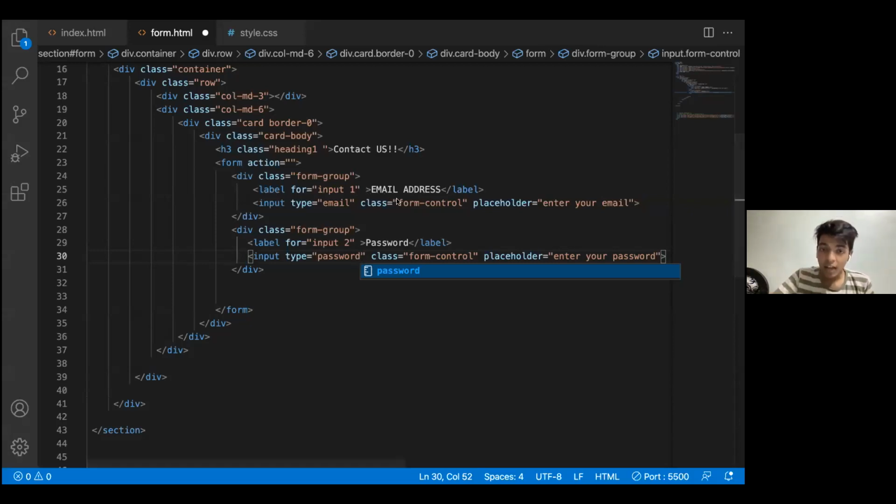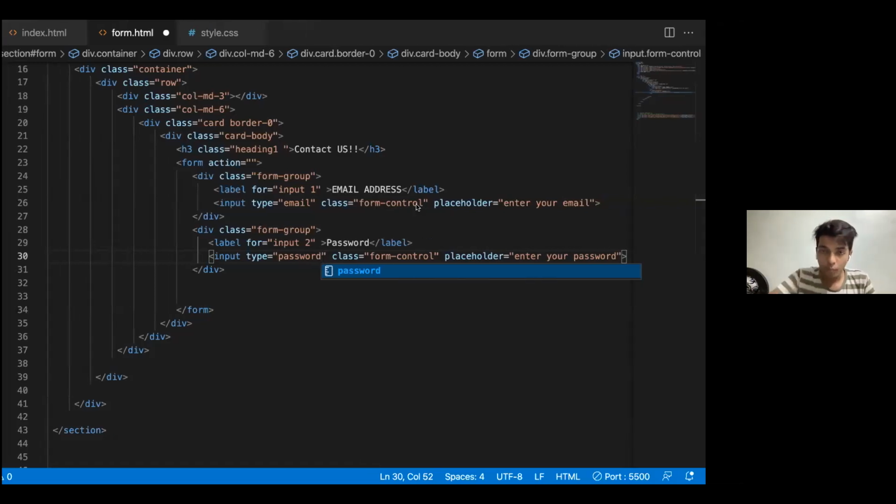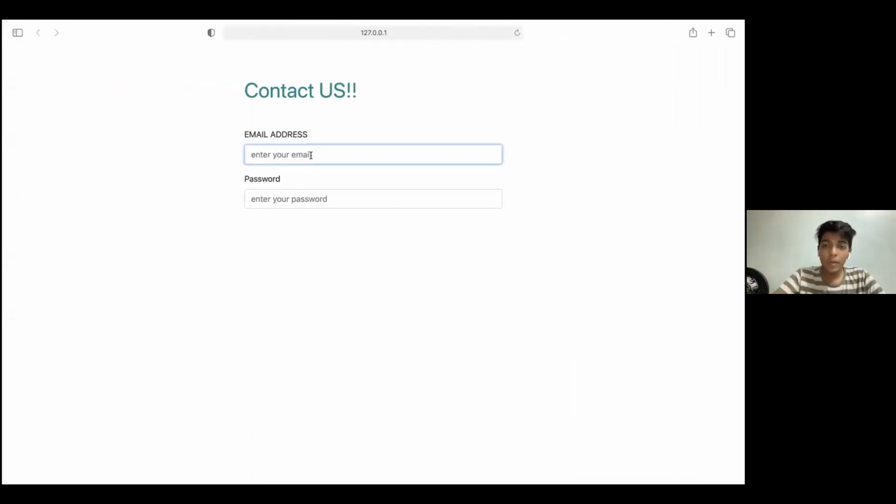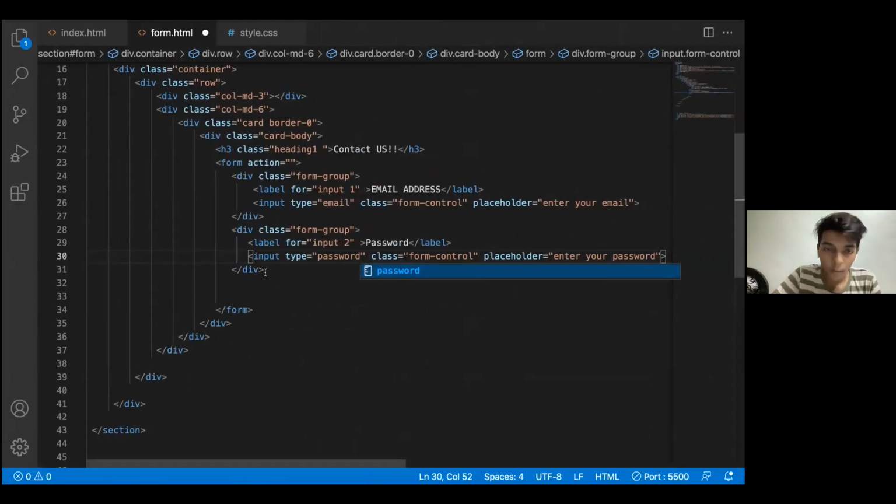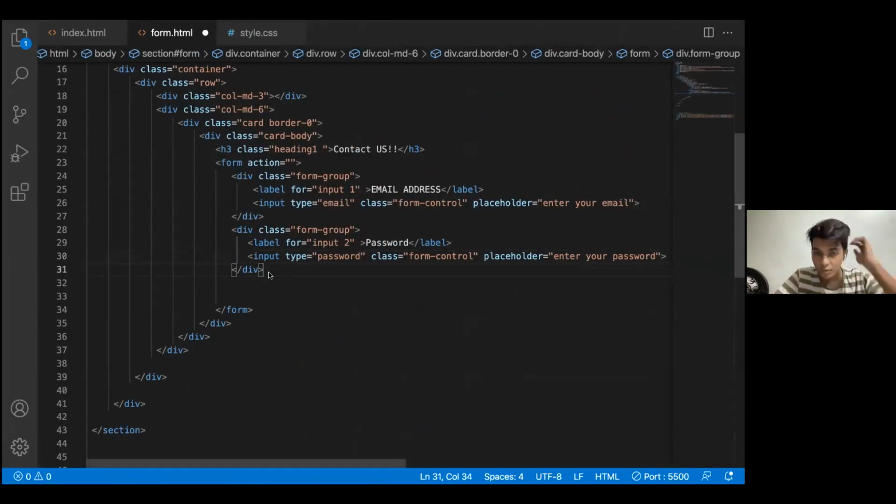Secondly, what is the class? Why do we use a class of form control? Form control is basically used so that everything that I write in a form should be in this box that is highlighted. Nothing should exceed this box. Nothing should go out of this box. Everything should be in that box. That part is provided to us by Bootstrap by the class of form control. So I guess everybody is okay up till that.